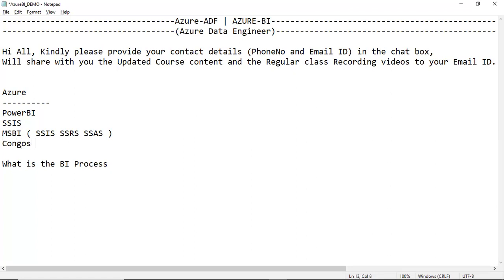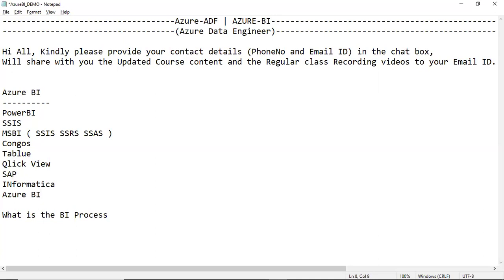There is the Cognos tool, Tableau, QlikView, SAP tools, Informatica, and some other tools. What will all these tools help you with? One of them again comes in Azure BI. So these are all BI processing tools. What will they actually do?